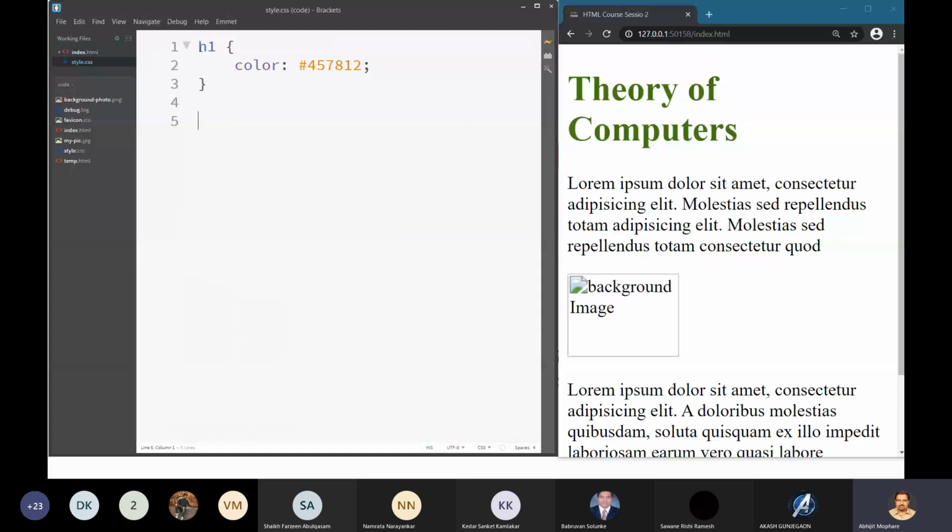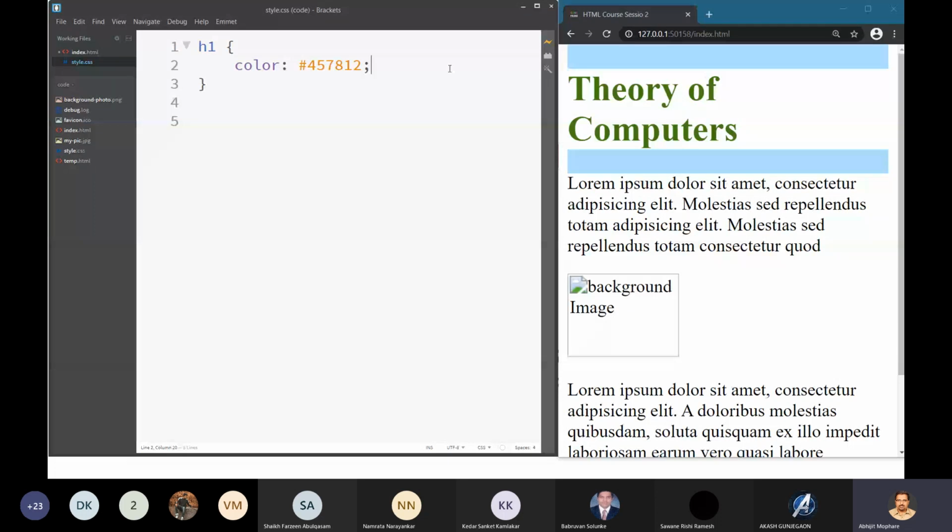Within that rule, we have defined one property, the color property, with the property name color and the value being this color. When we apply it with the proper syntax, you will observe that the color of that header changes.